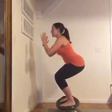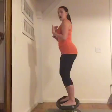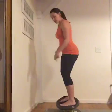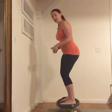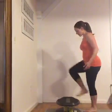So I'm going to come down as low as I can while keeping that back up nice and straight, and then I'm going to press up through my heels, standing back up. Don't lock out your knees at the top, okay? Keep a slight bend in them as you squeeze your glutes at the top. So that's on the right side, and then to do it from the left,